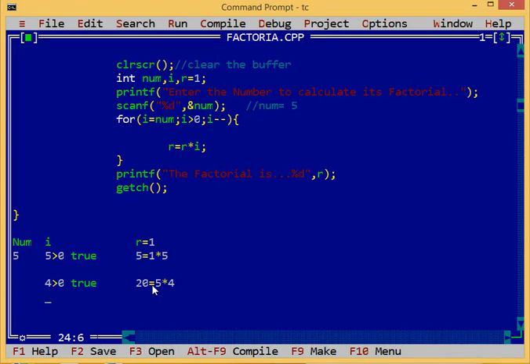Now again the I value is decreased, the current value is 3, greater than 0. Again it checks the condition and it's true, the current value is 20 and I's value is 3, so it will be 60.